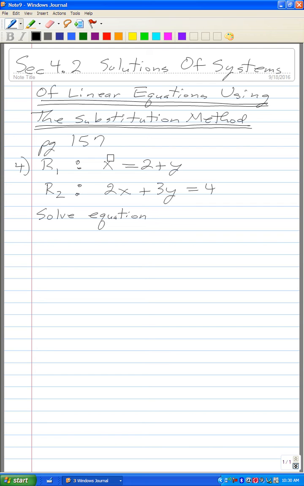Well, if I look here, equation 1, I've already solved for x. So let's solve equation R1 for the variable x. That will certainly be easy. x is equal to 2 plus y. I'll call that solved equation S1. So now, let me use the solved equation S1 to substitute